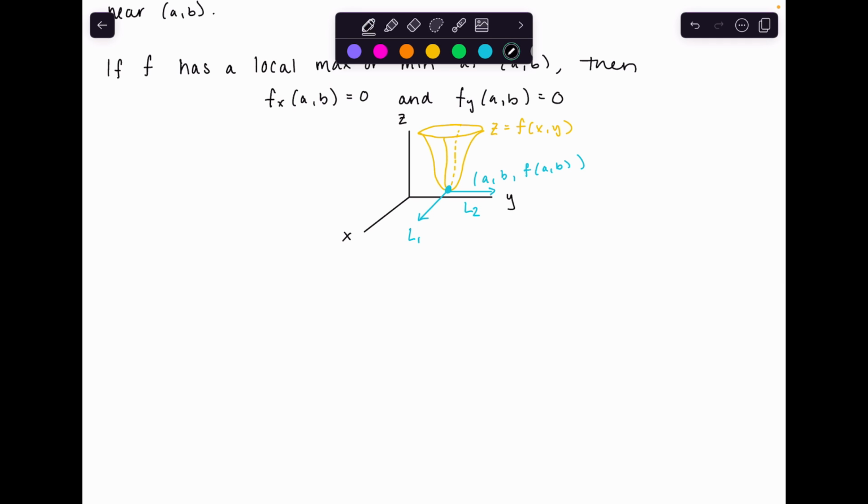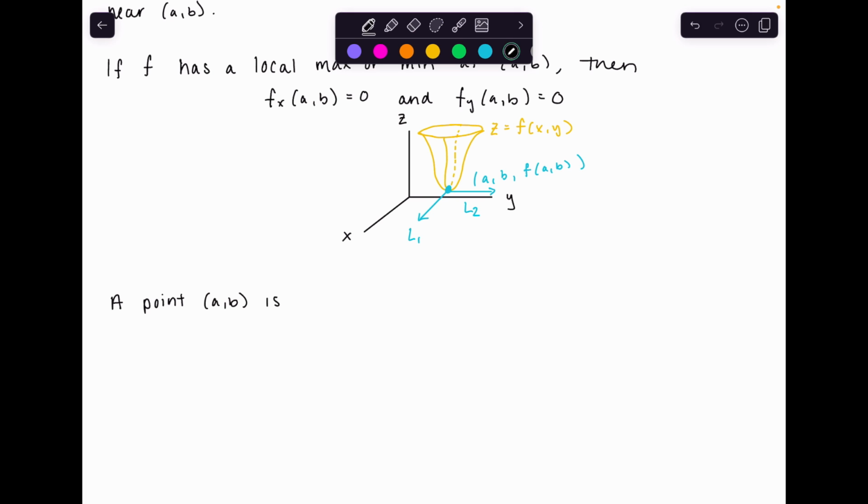So the points where both partials are 0 simultaneously are called critical points. And in the same way we had a critical point for a function, it was either when the derivative was 0 or undefined. Same thing holds here. So we say a point (a, b)